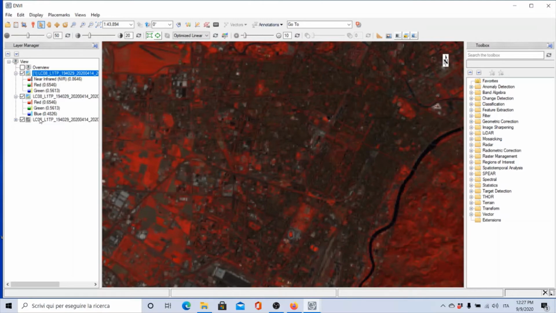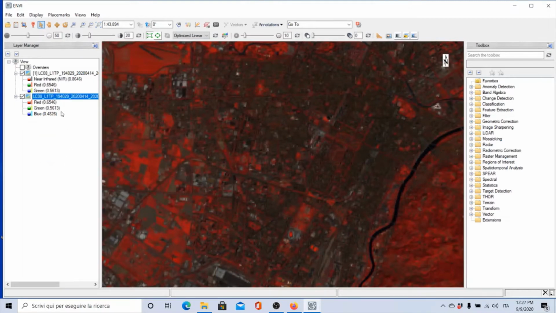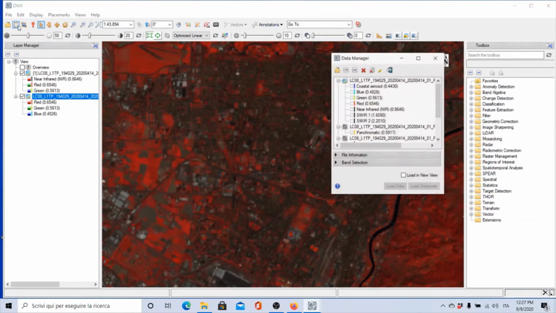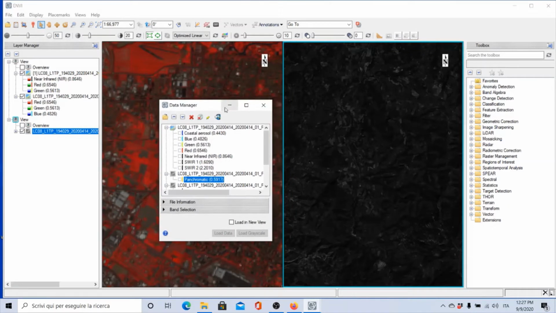So I can remove now the band 8, that is the panchromatic. You see here I remove that, so I have only the two previous views, the false color and the new one. I'm using the data manager, and from the data manager, I can load in another view the panchromatic image. So now you see here, I have it in grayscale in the second view, and for example,